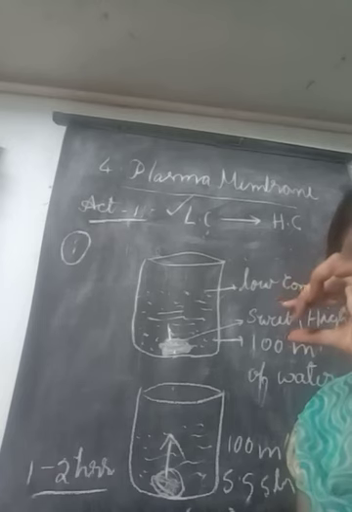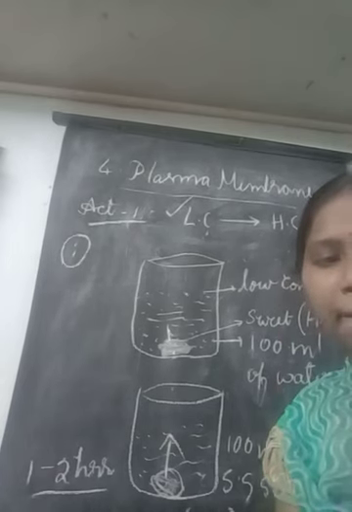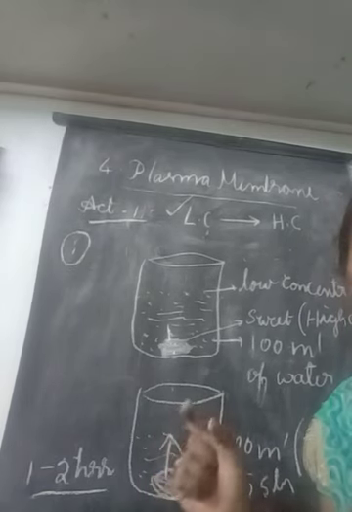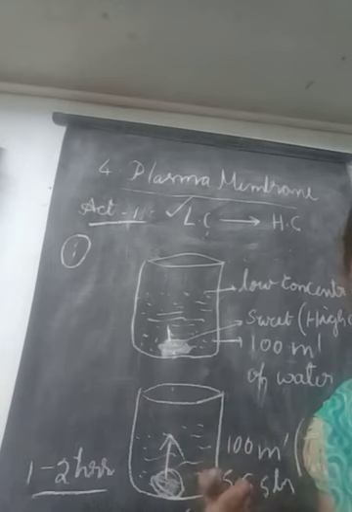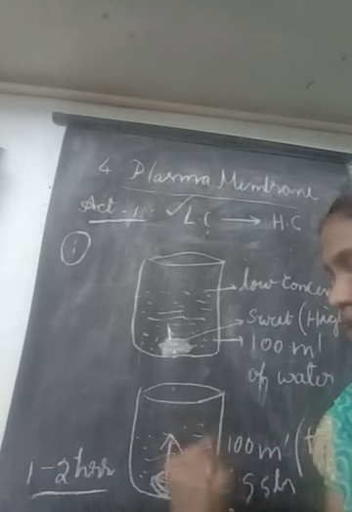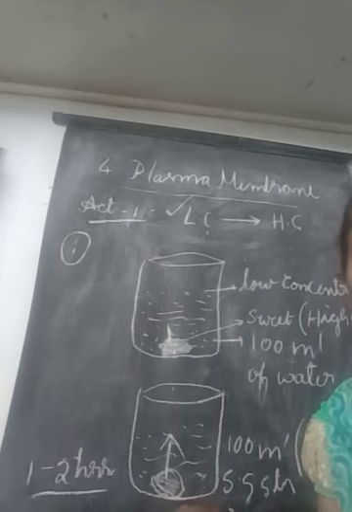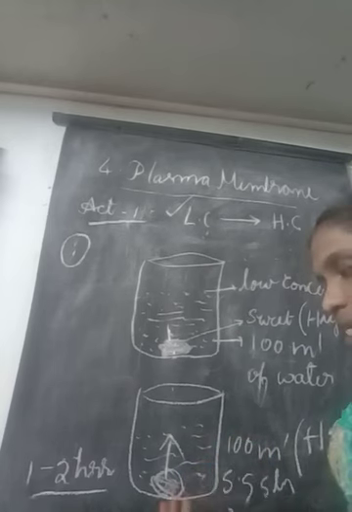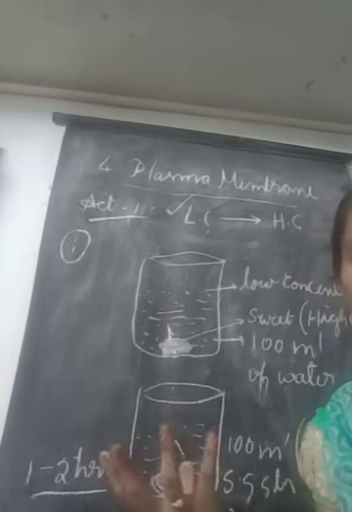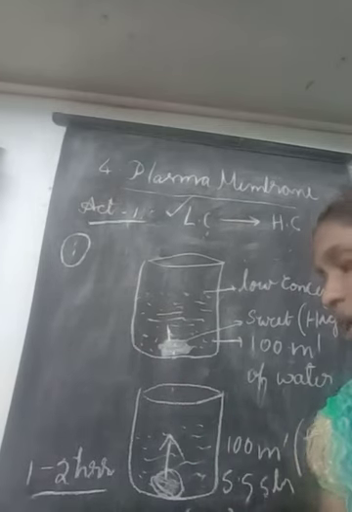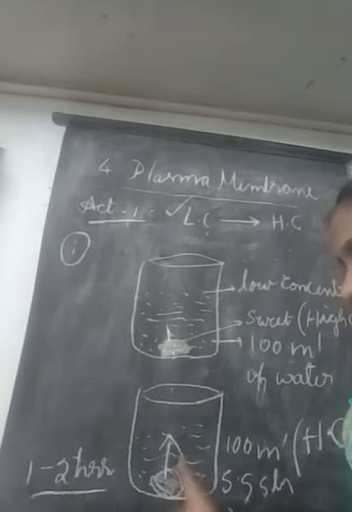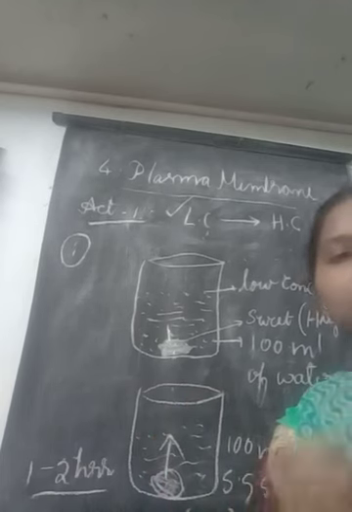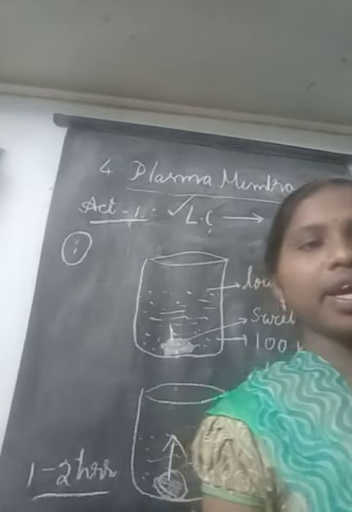Understand? Second case, the swollen kishmish we placed in a sugar solution which has more concentration. Sugar is in more concentration, kishmish has low concentration. Concentration is nothing but sugar quantity. In the kishmish, the sugar quantity is less compared to the beaker of water. In the beaker, more sugar we have taken. So water moved from low concentration to high concentration, meaning from the swollen kishmish to the beaker. So the volume of the kishmish will be shrunken.